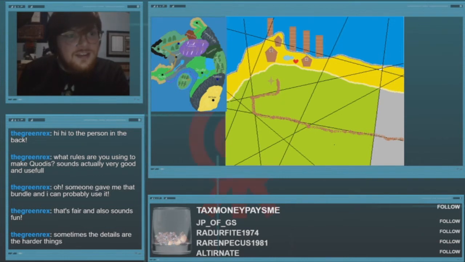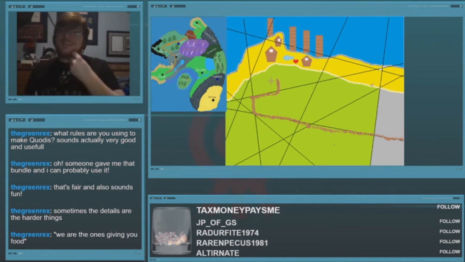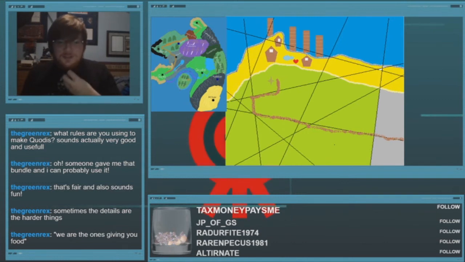And it says don't put too much detail into things in case you need to erase them. So, like, I'm being careful about that. But windows happen. We are the ones giving you food. Exactly. So the Fishery Guild gets fish buildings, and